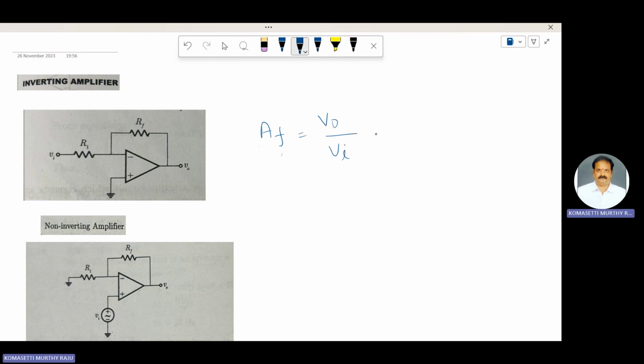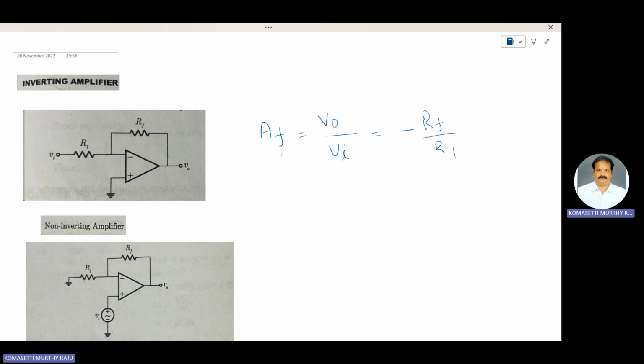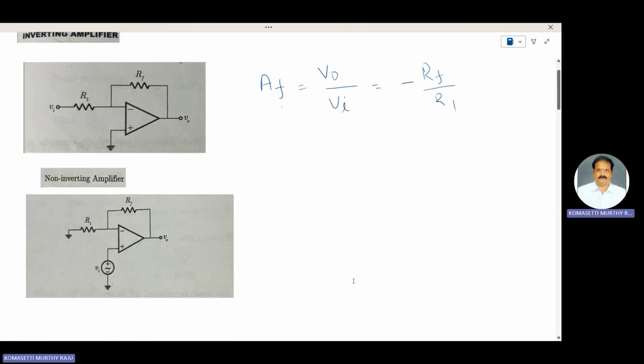Therefore, V naught by VI is equal to minus RF by R1. Inverting amplifier introduces a 180-degree phase shift between input and output. Coming to non-inverting amplifier,